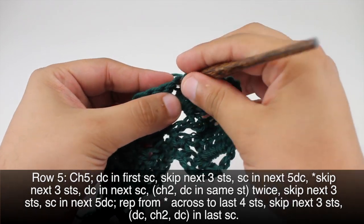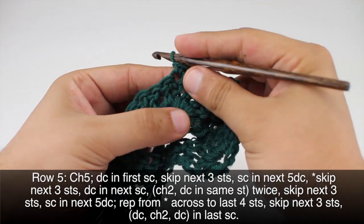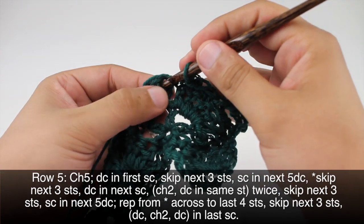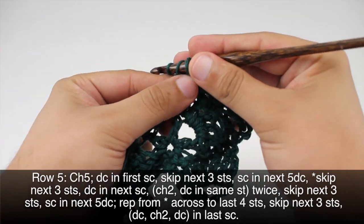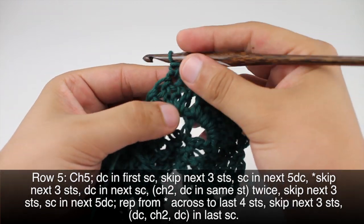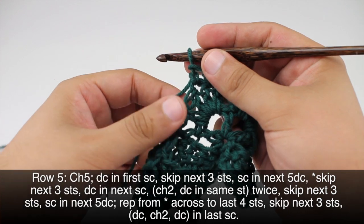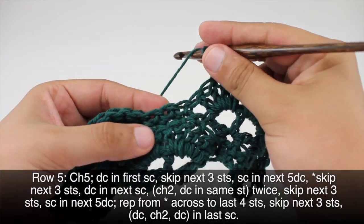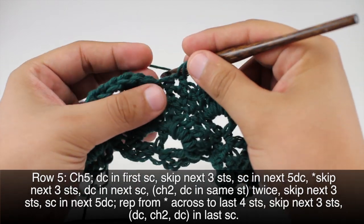So 1, 2, again our third one should be right over the center of the fan. 4, and 5. Okay, then we're going to start our repeat by skipping the next 3 stitches. 1, 2, 3. We'll do a double crochet into the next,